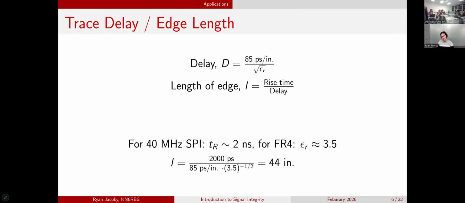and on FR4 your dielectric constant epsilon r is about 3.5, depends on the exact blend of glue and fiberglass that they use. It can be anywhere from about 3 to 4.5. But that gives you a rising edge of about 44 inches. And remember what I said before, if your trace is about 1/10 of that, you have to start worrying about it. So maybe around a 4.5-inch long trace on your board,